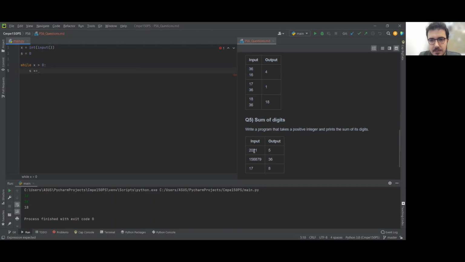For example, let me take this number as an example. So the last digit is 1 here. How can I reach the value 1? I can check its divisibility by 10, and 1 is the remainder here of the operation 2021 divided by 10. So I can write x remainder 10, and it gives me the remainder of the expression I have explained